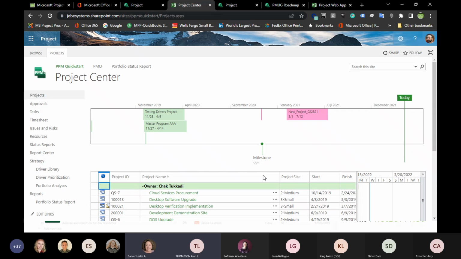Oh, wait, here we go. We do have another question. I'm sorry, I was focusing on that, but one just popped in. Does the Power BI dashboard come as a template, or do you need to know how to build that out from scratch?